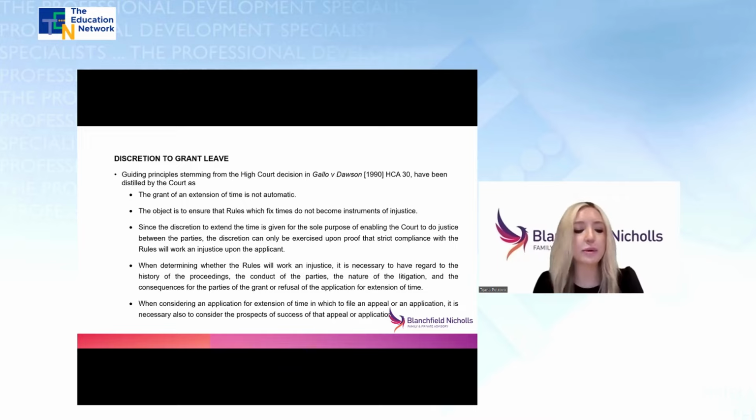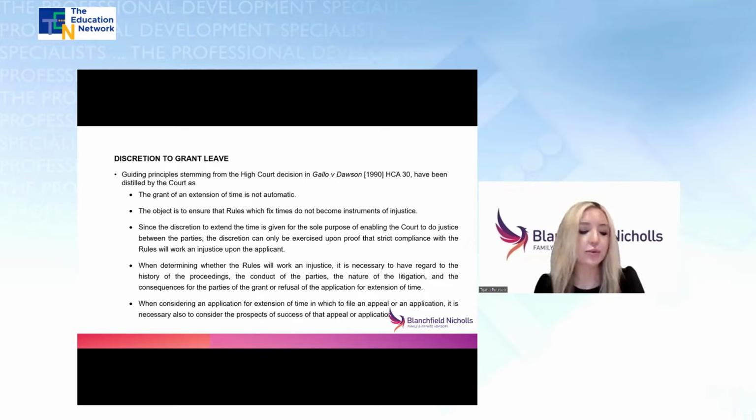And it is important to remember that section 44, subsection 4 does not provide that leave must be granted if the court is satisfied that hardship would be caused. Rather, in determining whether or not to exercise the discretion, matters such as the length and the reason for the delay, prejudice to the respondent by reason of the delay, the strength on the merits of the applicant's case, and the degree of hardship which would be suffered need to be considered. And these matters are not necessarily the only ones.